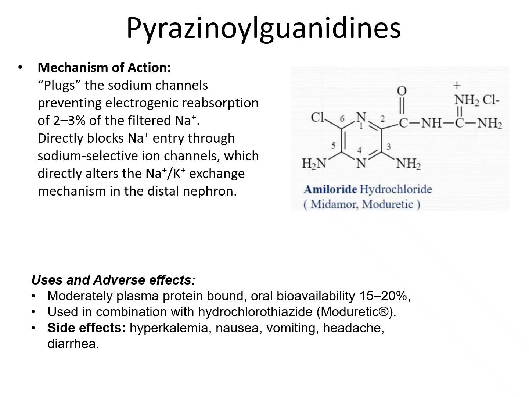They are moderately bound to plasma proteins. Their oral bioavailability is not so great because of their extremely polar structure. Only about 15 to 20% of them get absorbed. So this is a low oral bioavailability in general. It's used in combination with other medications for the same reason as we see. It saves potassium. وبالتالي بيقلل chances of hypokalemia that results from these other diuretics زي hydrochlorothiazide and so on. طيب, how does it work exactly?